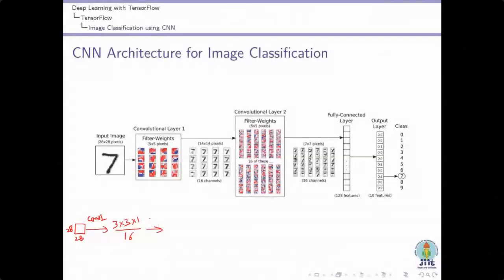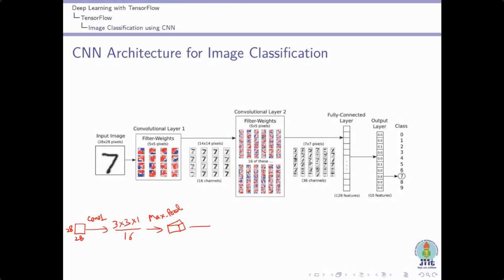In the max pooling operation we will get some output over here. Then we will use the next convolution operation, convolution 2, with the same filter size, and let's take 32 filters. We can use the same convolution as well, so definitely we have to set padding to same. Then we will use max pooling again, which gives some output.